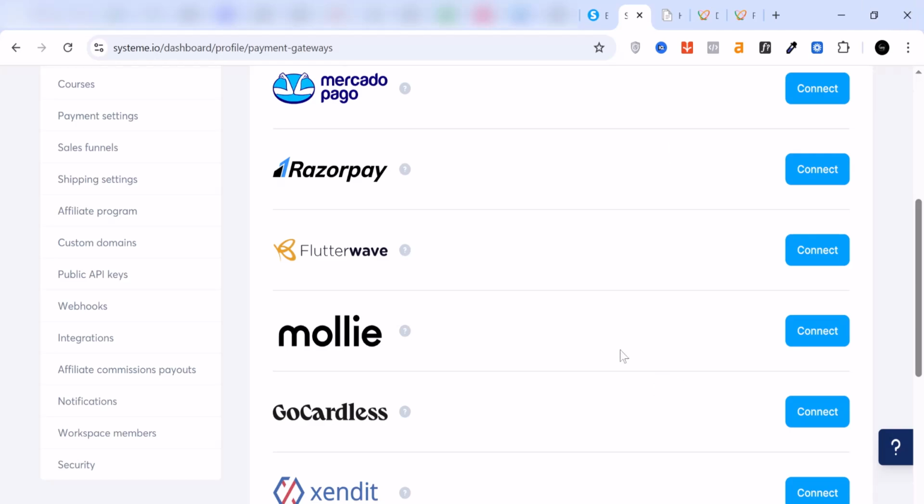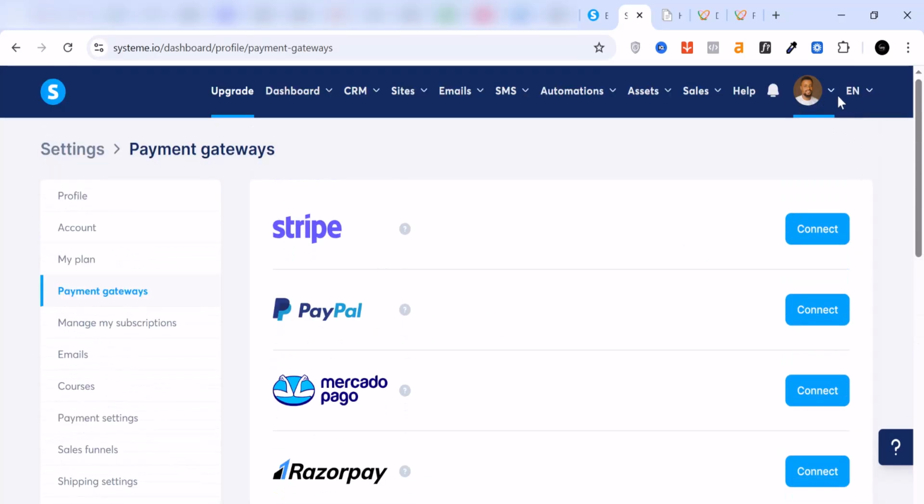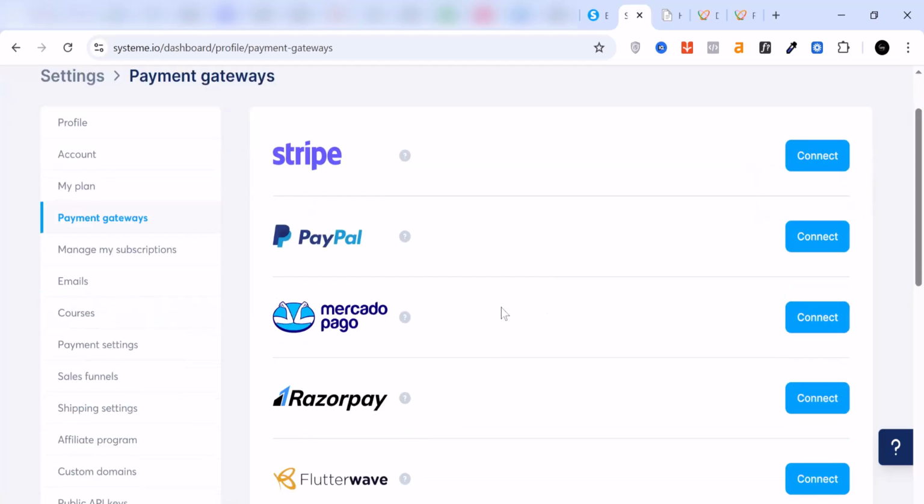So this is how to connect your Flutterwave to your Systeme.io. The simple thing is you need to have a Flutterwave account and a Systeme.io account. If you do that, you come to Systeme.io, you come to your settings, you come to payment gateways, and this